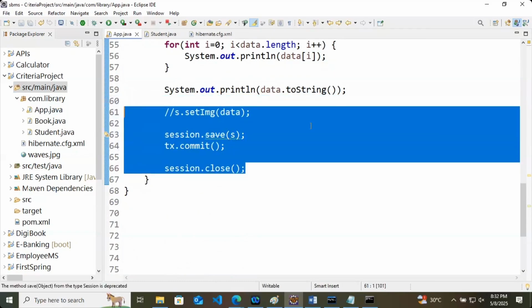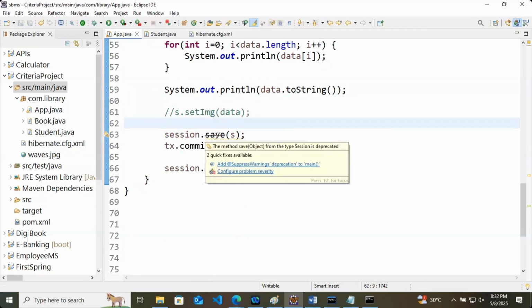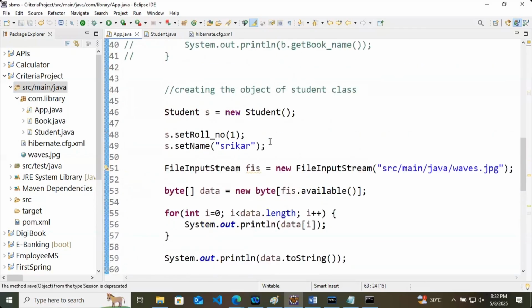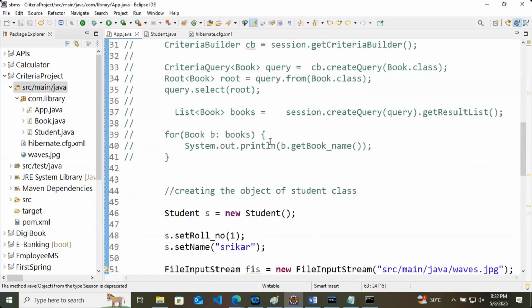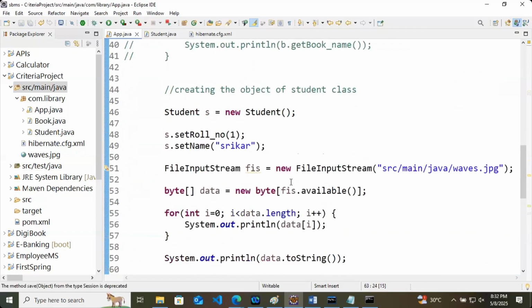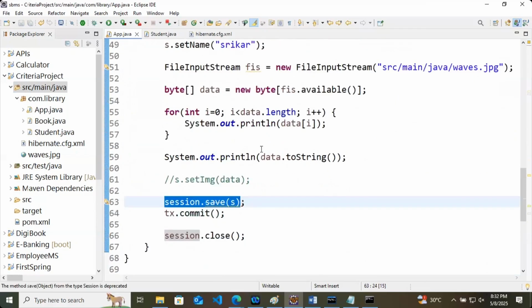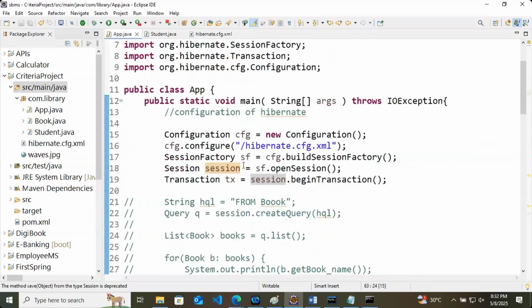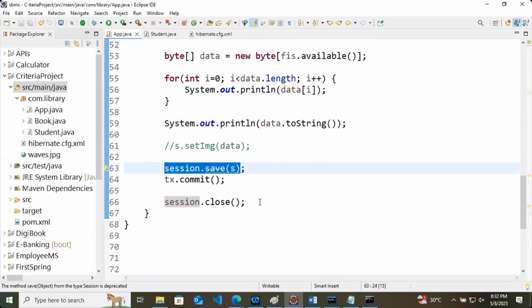Actually, we are asking our normal session to execute this. What we are doing? We are asking our normal session to do this particular part. And here our session is a normal session. Let me tell you what I'm talking about.